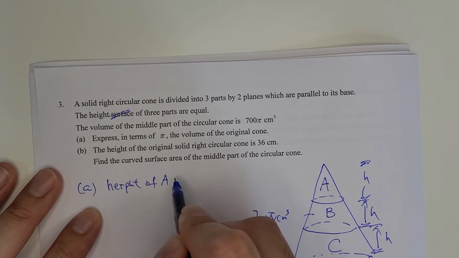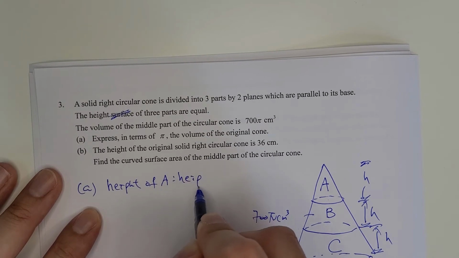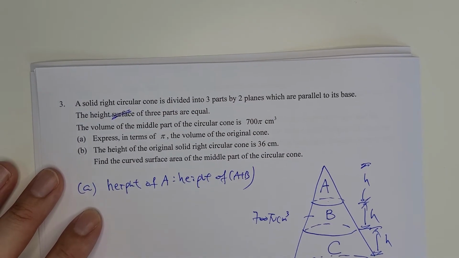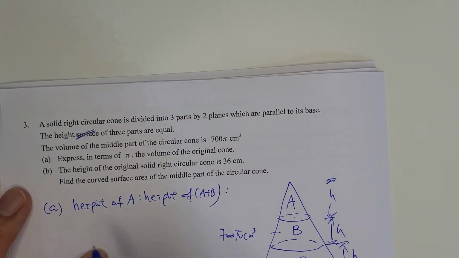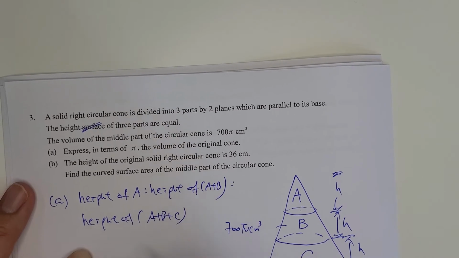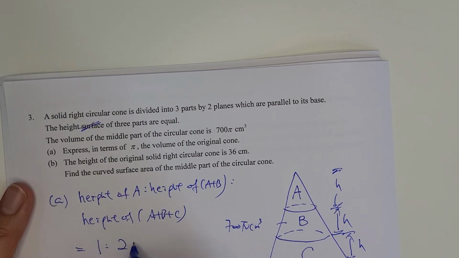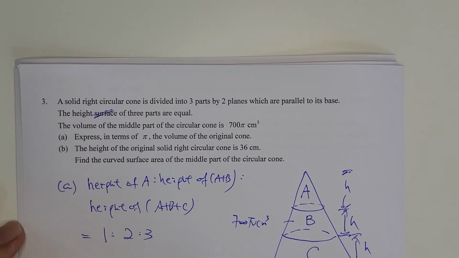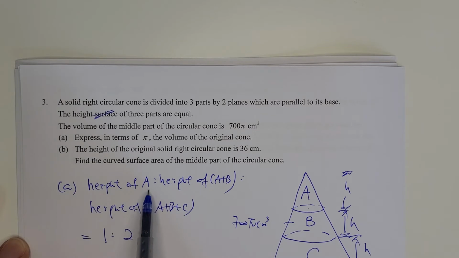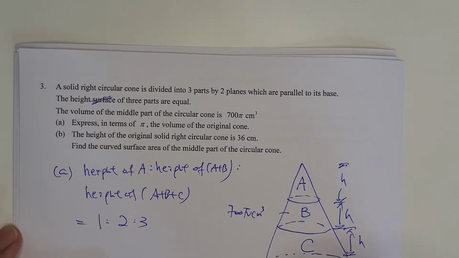Height of A to height of A plus B to height of A plus B plus C equals 1 to 2 to 3. Why do we need to present such a strange way? Because the solid A